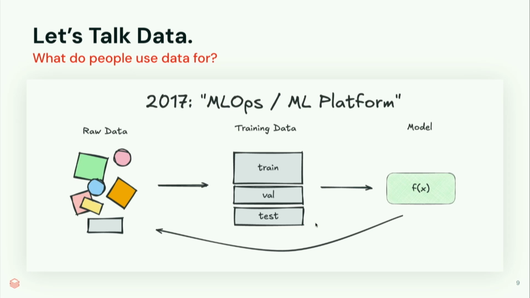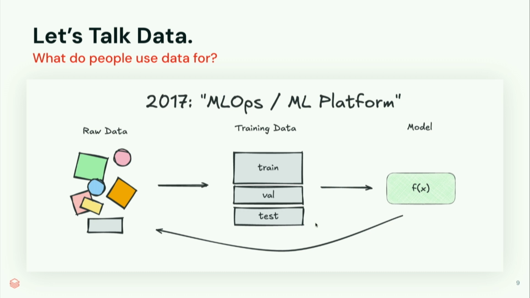A few years after that, machine learning started getting really popular, and the use case for data shifted quite a bit. Instead of producing a chart or a graph at the end, the end product of a machine learning data flow is usually some sort of model, right? And so in this diagram, you start with raw data. Instead of producing just a normal clean data set, you produce what's called a train test split. So you have your training data set, your validation data set, and your test data set. And the goal here is to train a model, right? And so if you notice, the data flow is quite different.